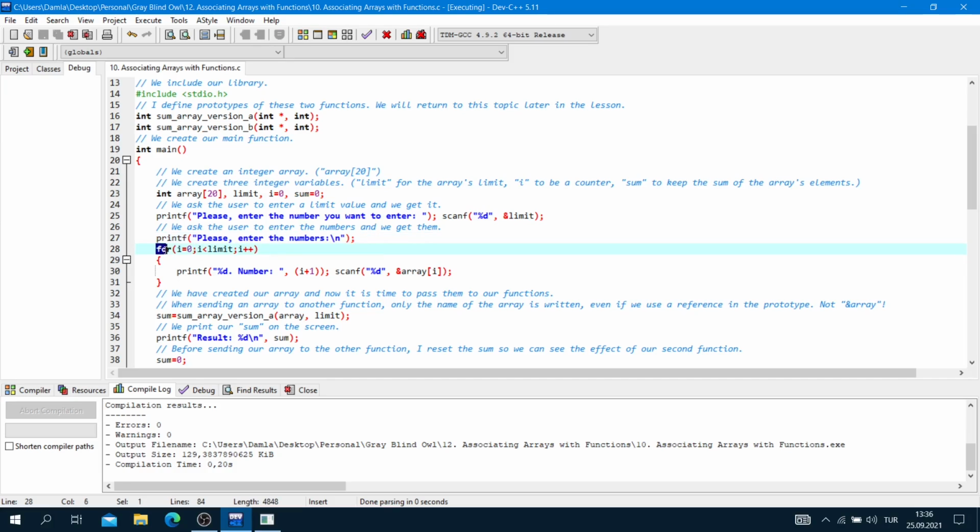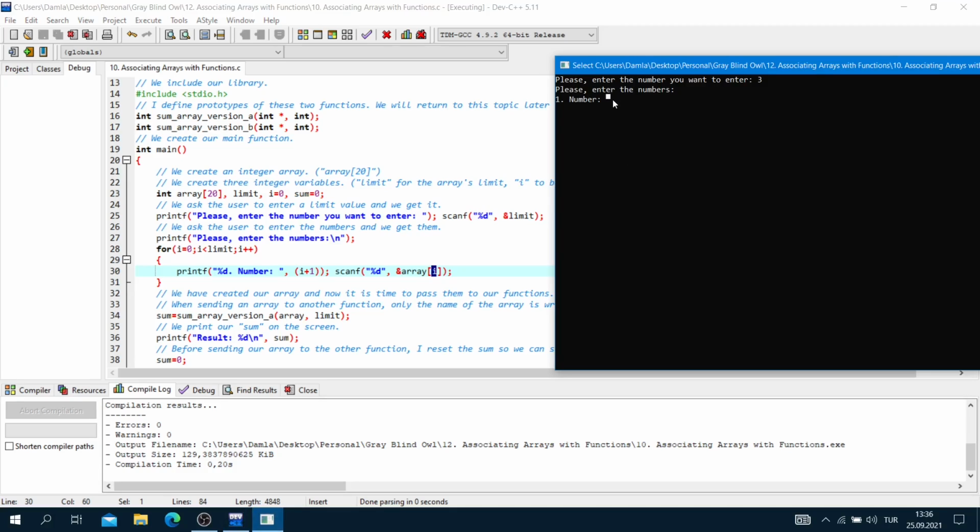And for i is equal to 0, i is less than limit, and i plus plus. printf percent d number, i plus 1 for this percent d, and scanf percent d, ampersand array i, array and our index. Okay? Now I will enter the first number, 1, the second number, 2, and the third number, 3.